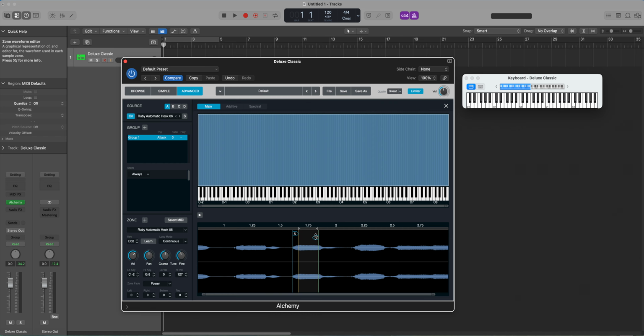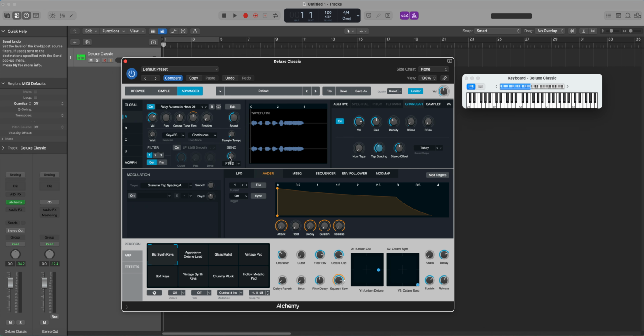Once you decide what section, or if you want to work with the entire sample, or just a really small duration of it, this can have a really important result in what the output sound is of your grains. And I think it's really fun just to work with very small sections of a sample to get inside the sound. So what I'll do is I'll just set this to the beginning and the end of her